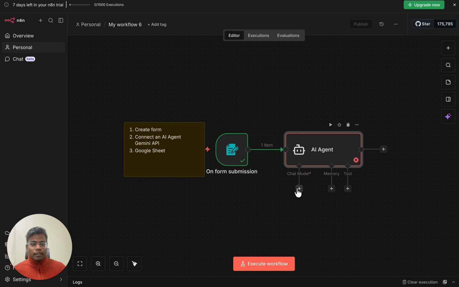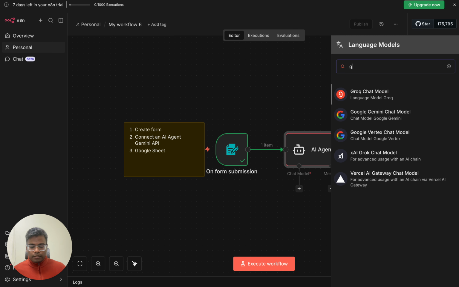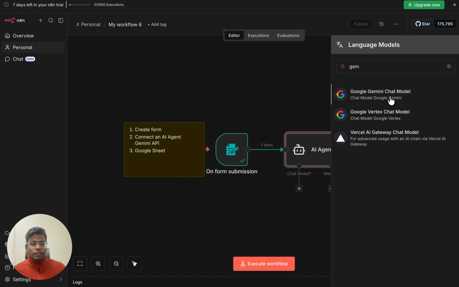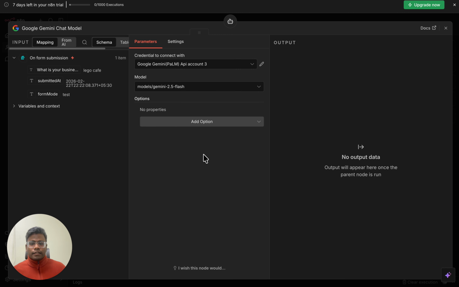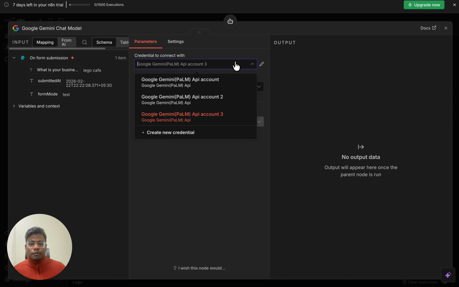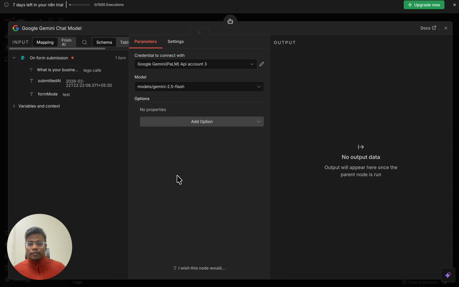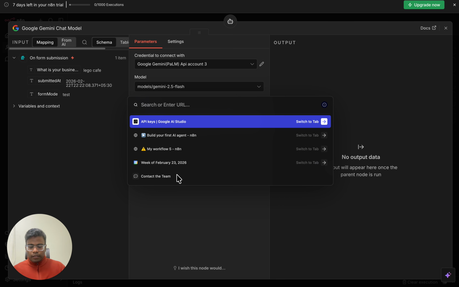So let's go ahead and click on Gemini. I can just type Gem to get the Gemini chat model. Come over here. Now, in this example, I've already added a credential, but I'm going to quickly create a credential just so you can see how that works. Now, if I go to aistudio.google.com